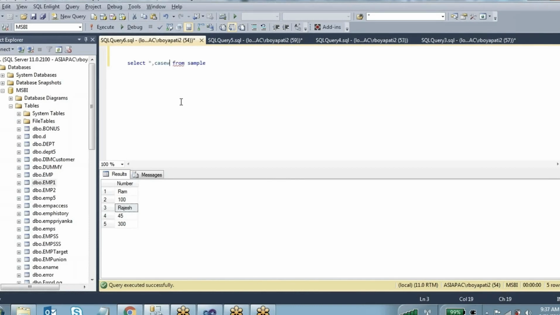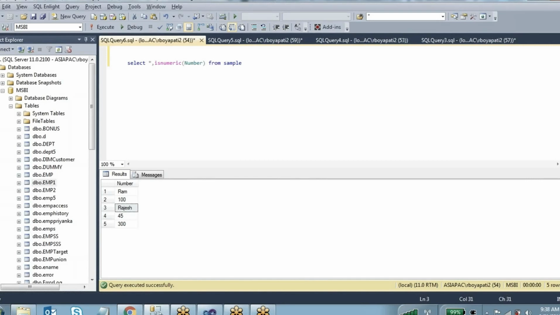Okay, CASE. First we will identify which record is a numeric and which record is a string value. To find out the numeric values, we have one function, that is the ISNUMERIC function. I want to check the number column.